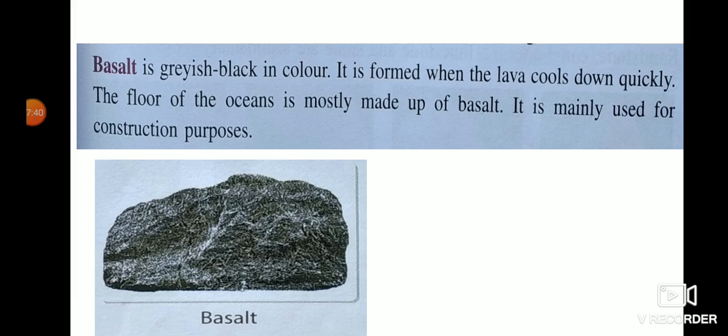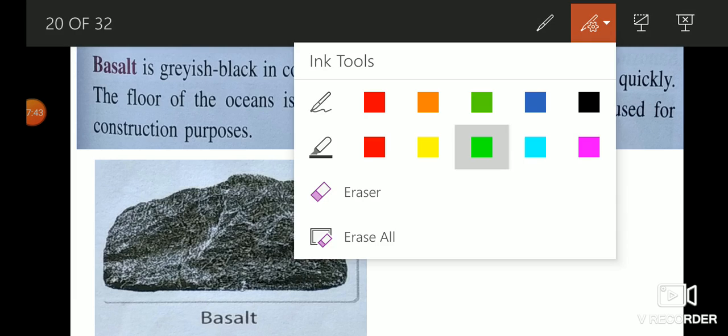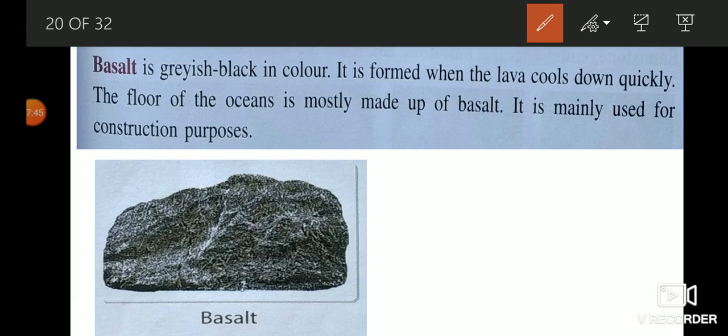So the color of the basalt is actually grayish black. Okay, you can see in the diagram the basalt rock, they are actually grayish black in color, and they also form by the cooling of the lava. Okay, so when the lava cools very quickly, this basalt rock is formed. So pumice rock is also formed by the cooling of lava. That means when the lava cools very quickly, pumice rock also forms, basalt rock also forms